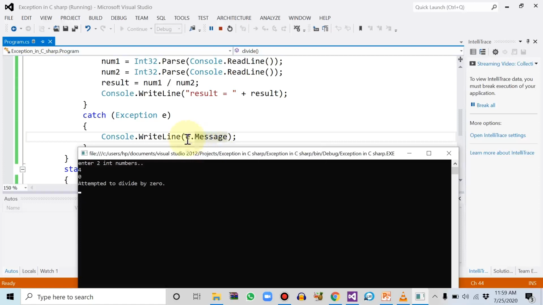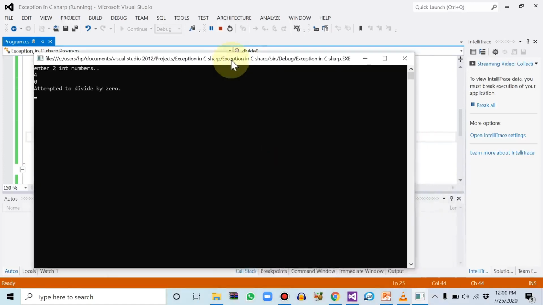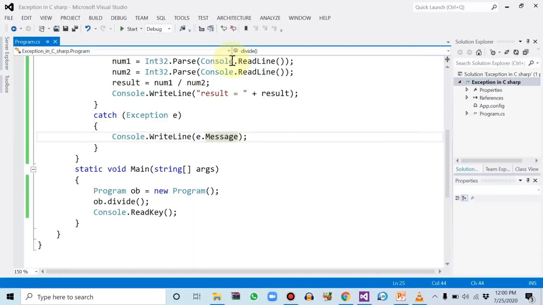So we have called this with the help of an object, and this object belongs to the exception. So now again, enter, the program is ended because we have just handled the exception. An error occurred, the program ended, and the output we actually wanted, dividing something with num1, is not printed, but the program is okay this time because we have handled the exception.